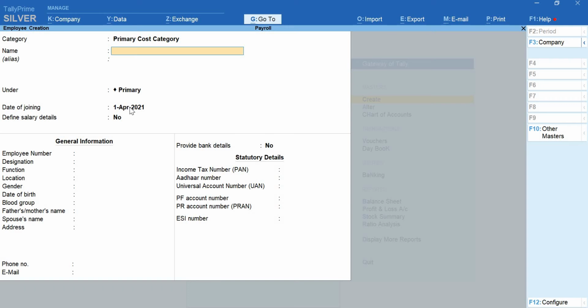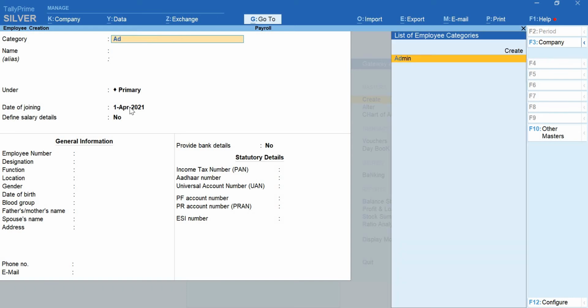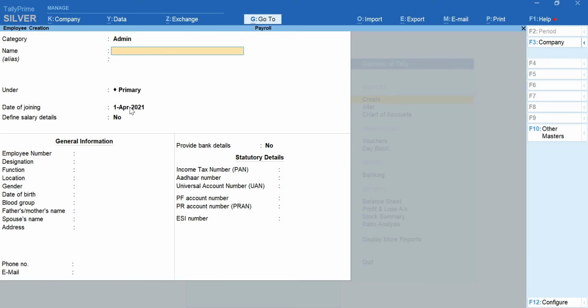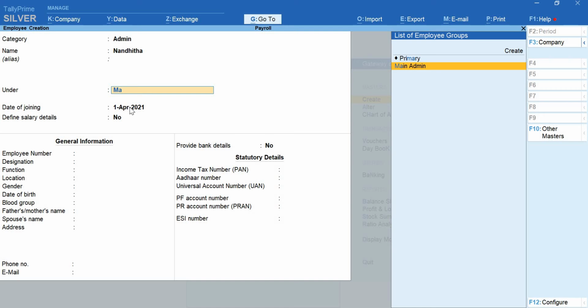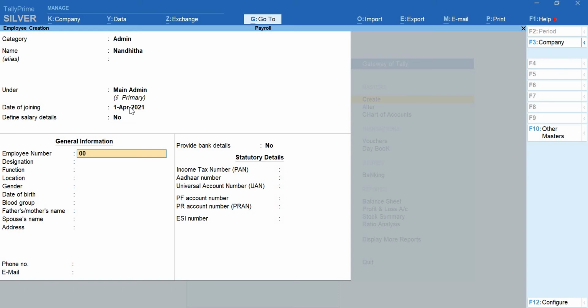To that, go for backspace. You will get into the category column. Here, select the admin category. Nandita, and she is a main admin in my organization. So under the group will be main admin. Fill in the details of that employee also and follow.